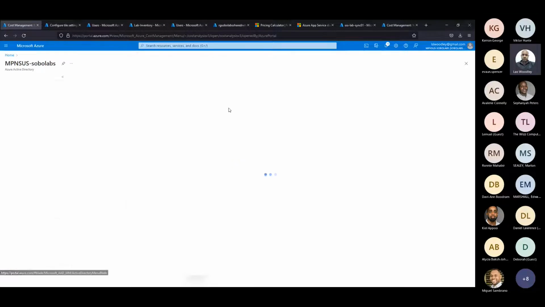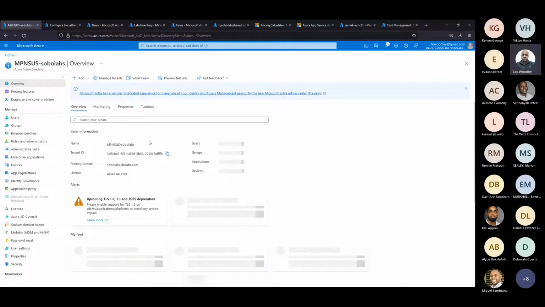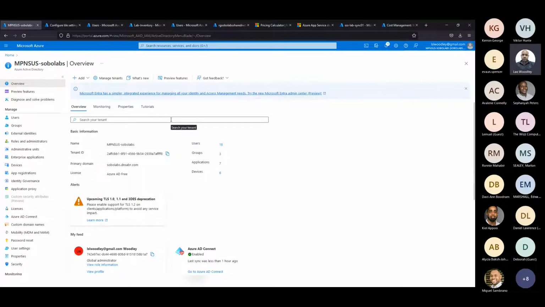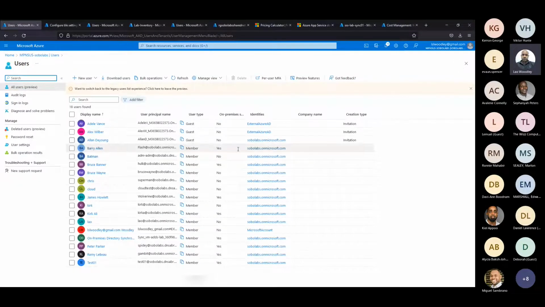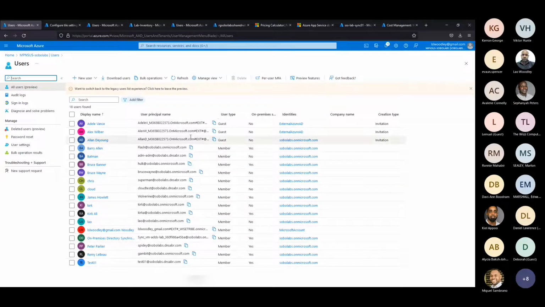Okay, so Azure also provides access to Azure Active Directory, which, as mentioned prior, is a platform as a service identity management solution hosted in Azure. And to create the hybrid identity, this is the tool or the product that we utilized to synchronize our on-premises users with our cloud accounts. So basically what we have here are some demo accounts created for the intent of this presentation.